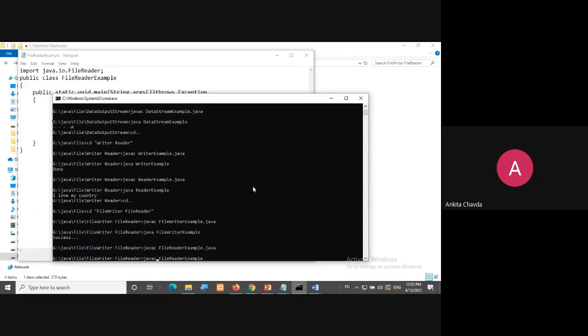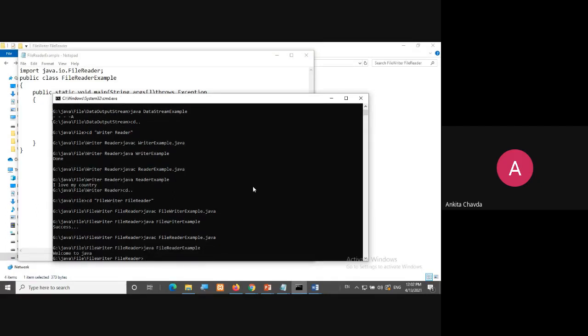Very easy in Java, right? Because we are just creating the class object and we are writing and we are reading. Only two methods are most important, read and write. That's it. Okay, but if it is byte oriented, you have to remember first you need to convert into the byte array and you can write the byte array. If it is character oriented, you can directly pass the string. This is the conclusion.